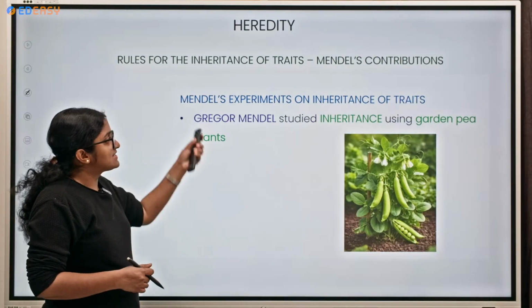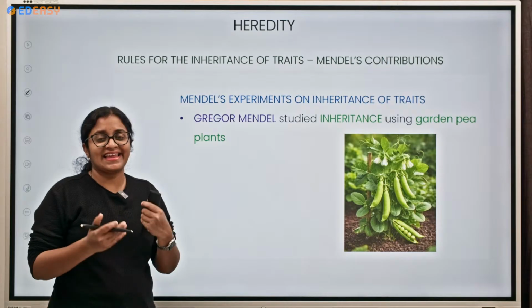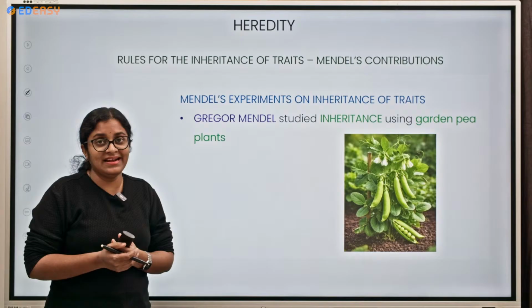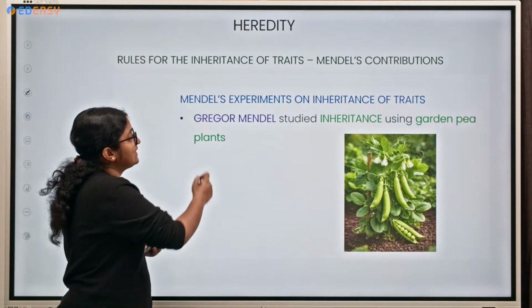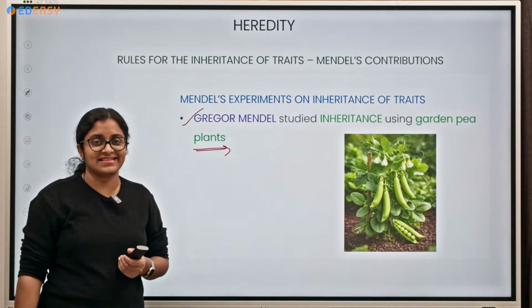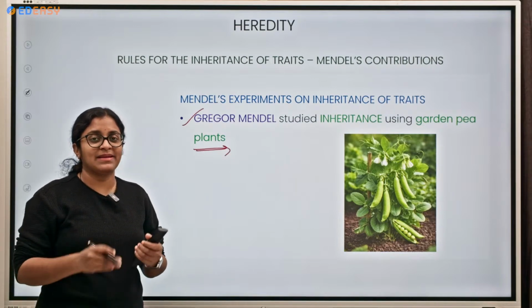So, Mendel's experiments. Where did he carry out the experiments? He took the pea plant. He studied inheritance using the garden pea plants. Okay, garden pea plants were chosen